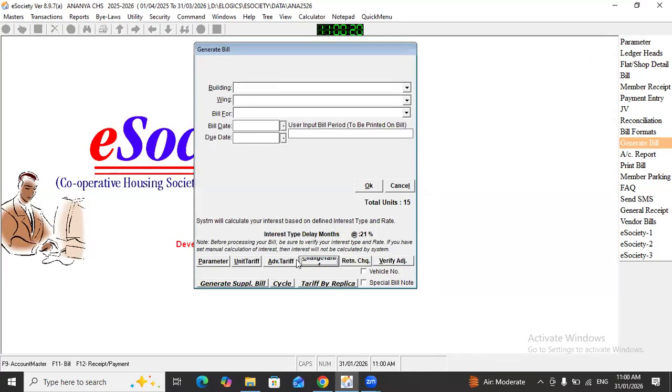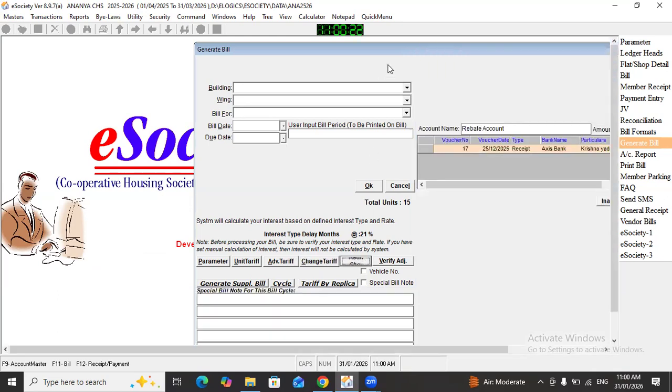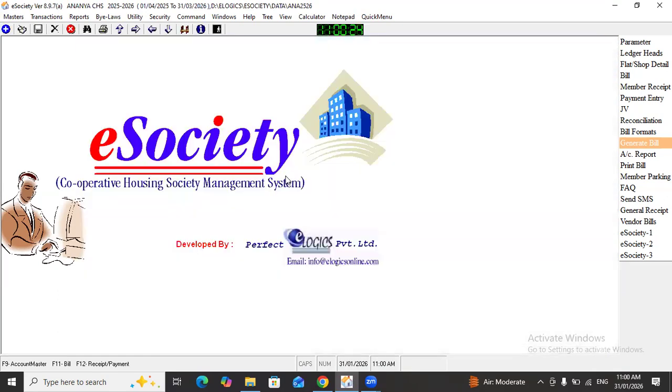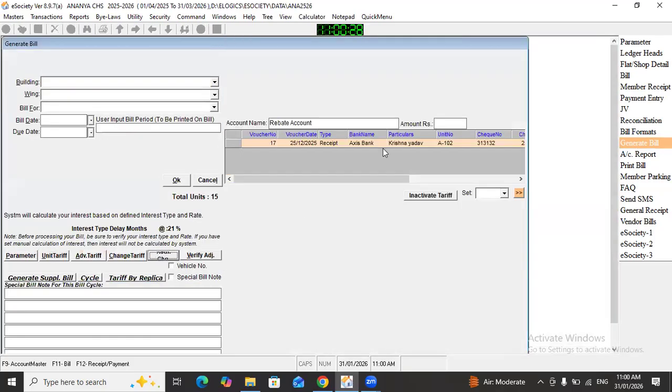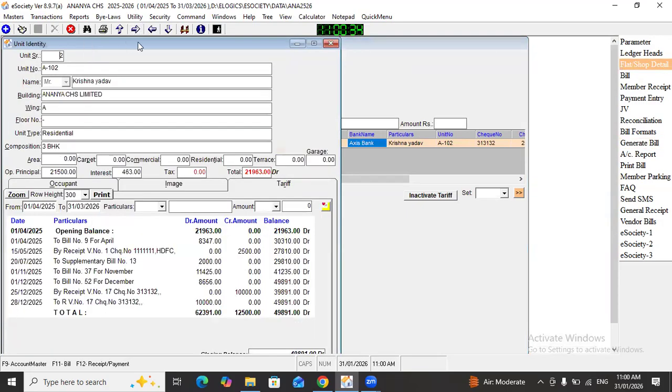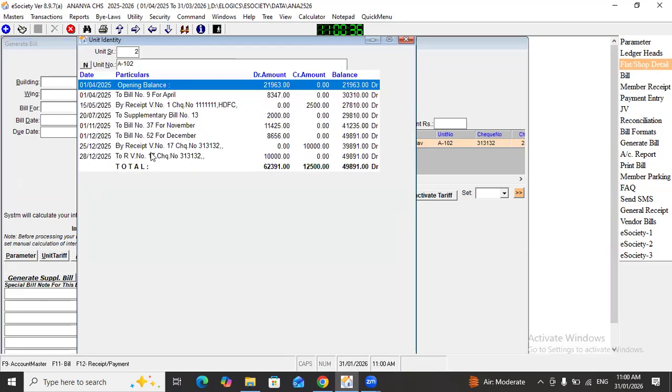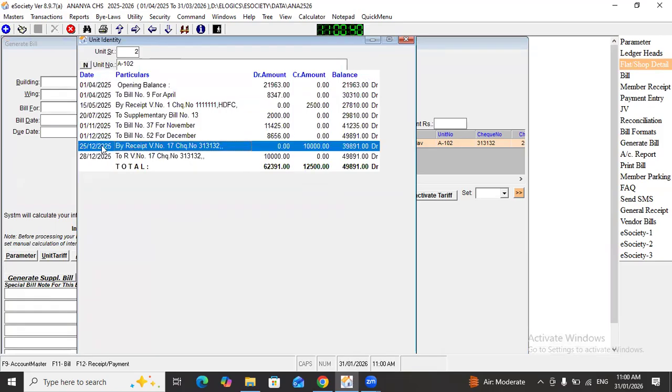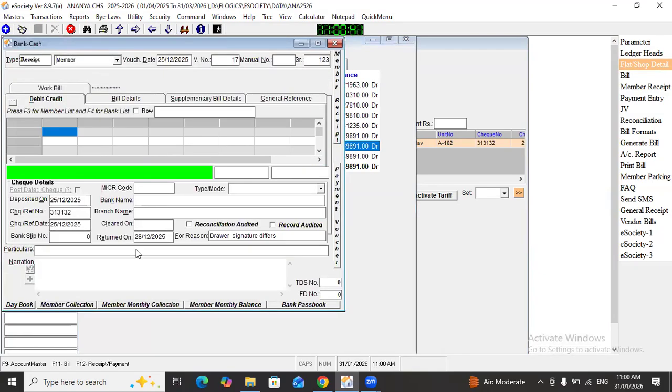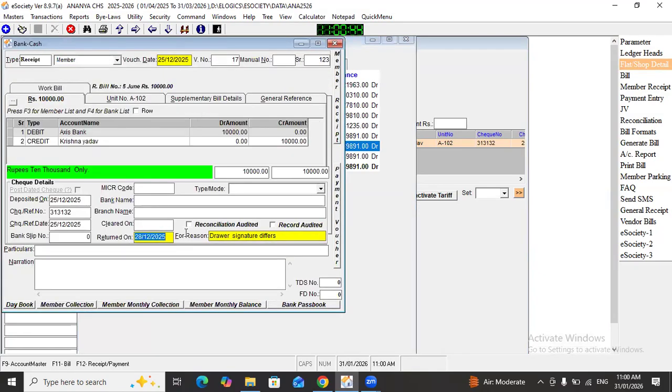Now the next option is return check. Here you can see for A102, for this A102 flat number, in this receipt, I cancelled the check on 28 December 25.